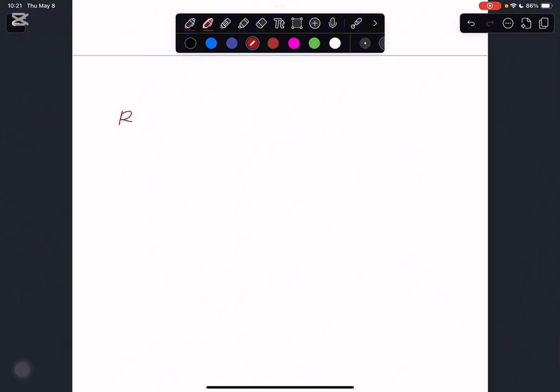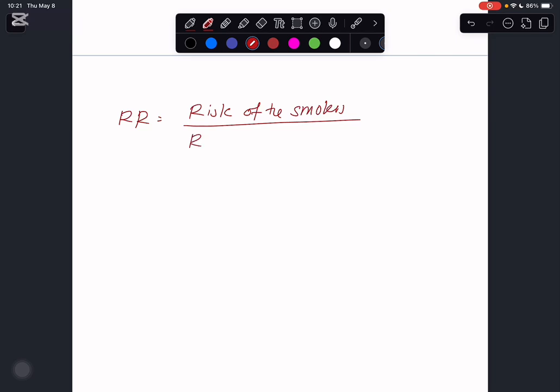اوكي so relative risk basically is the risk of the smokers over the risk of the non-smokers. أنا ليش أقول لكم إن الدكتور يمكن يتفنن؟ أنا ليش حطيت smokers فوق و non-smokers تحت؟ يمكن